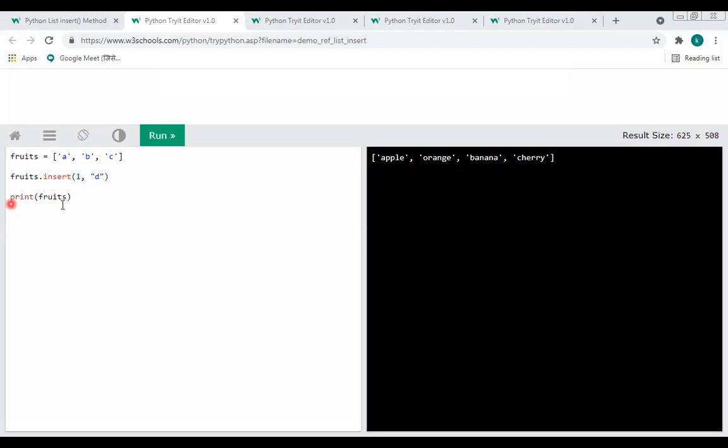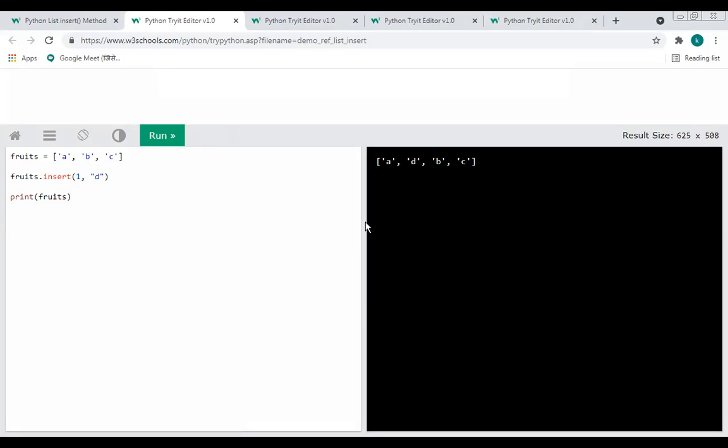Then, when I print the fruits, you can notice that I have not executed it yet. When I execute this, you will definitely see the difference in the list.